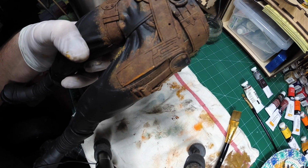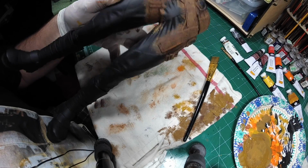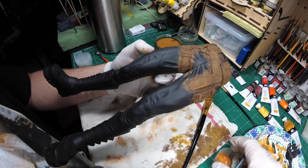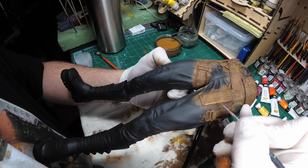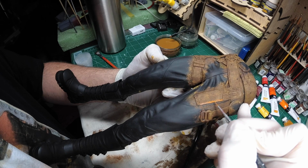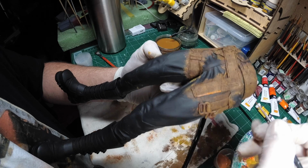Okay, so I got all the watercolor part done, but it's getting late. So I'm going to call this done for now. Not the work in progress, but tonight I'm done. The next step will be going around and painting the trim. I'm just going to use the Garage Kits leather. It's going to be real tedious, but we're going to go in and just paint the trim